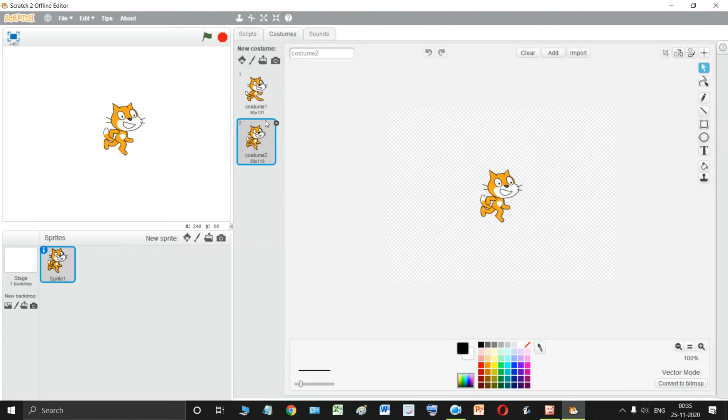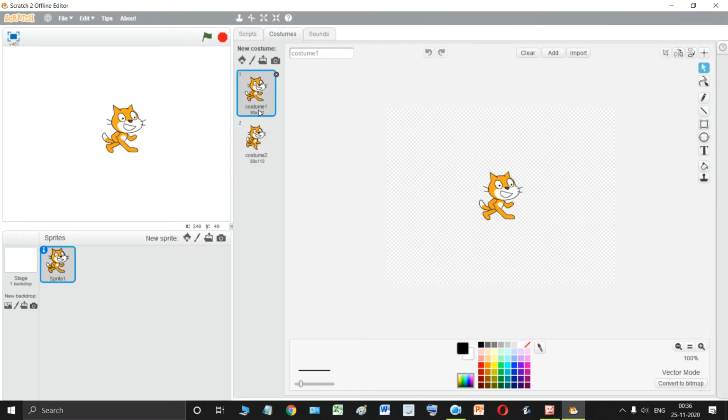If you go to the costumes tab, you can see this is the first costume and this is the second costume. As you can see, the difference between this costume and this costume is that over here the sprite is walking, both the legs are on the floor, but over here it seems to be some sort of running movement. So it's in a running posture.